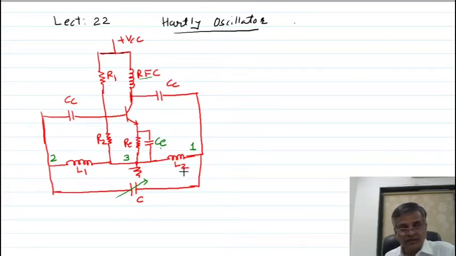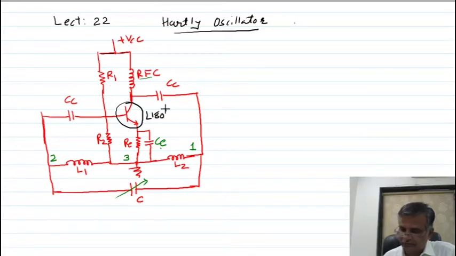It is called tank circuit. Now let us see how the positive feedback is obtained. See, this common emitter will provide the 180 degree phase shift. The output at the collector is given to the tank circuit through the coupling capacitor. And the voltage developed at the collector and ground is called output voltage.